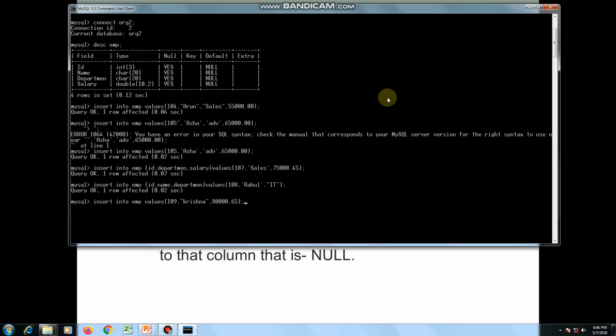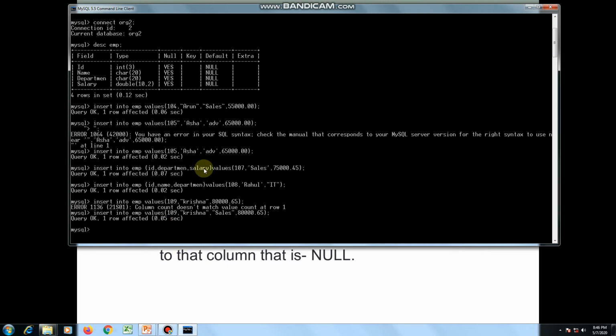As I complete this query and press enter, here we have an error from MySQL: column count doesn't match value count at row 1. It's saying that the column count doesn't match, meaning here the column count is 4 and we have provided values for only 3 columns. Therefore this error is prompted here, and to avoid this error we have to specify the 4th field value, that means the value for department name. So here for department I specify sales. Now this query is completed, and while pressing enter, this record is accepted by our MySQL database management system.